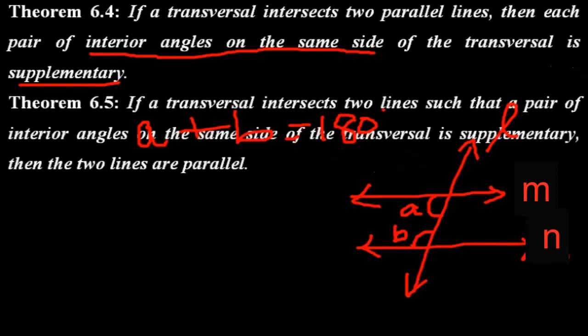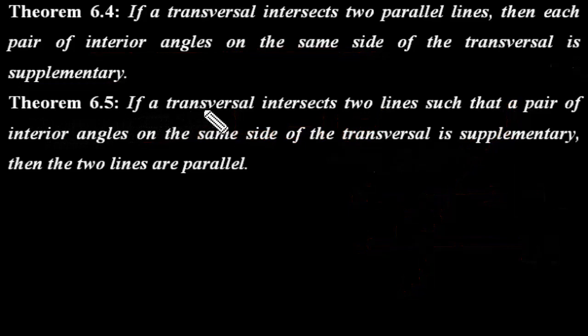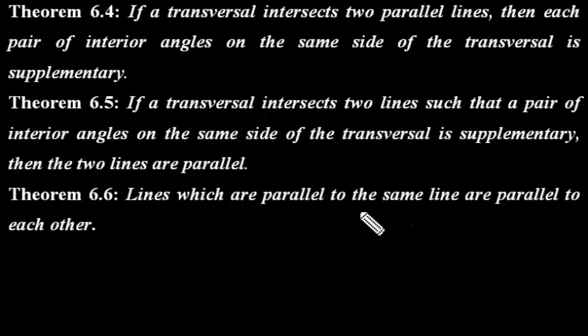The next one is theorem 6.5. If a transversal intersects two lines such that a pair of interior angles on the same side of the transversal is supplementary, then the two lines are parallel. It's the vice versa of theorem 6.4. That is, it's the converse. If lines are parallel, we said that the sum of interior angles is 180 degrees. Here it's given that if the sum of the interior angles on the same side of the transversal is 180 degrees, then the lines are parallel. It's the converse part of 6.4. Next one,